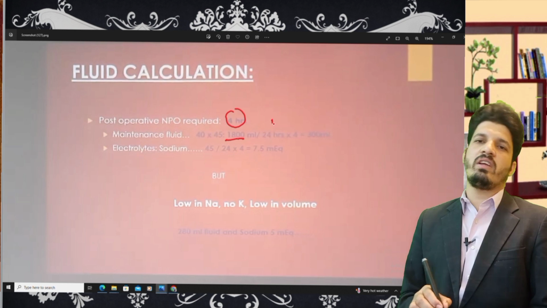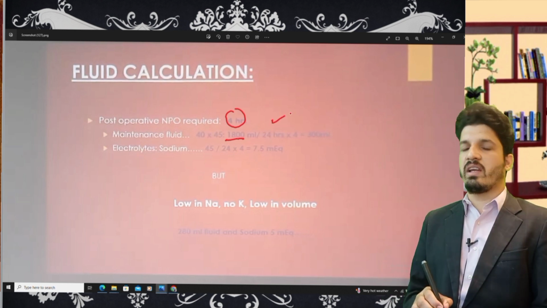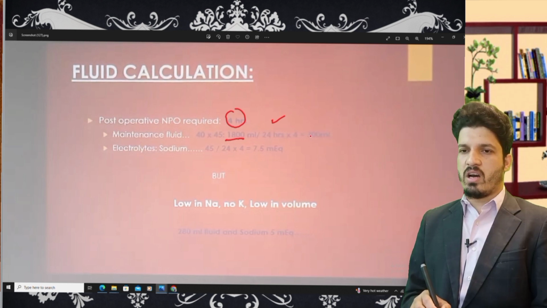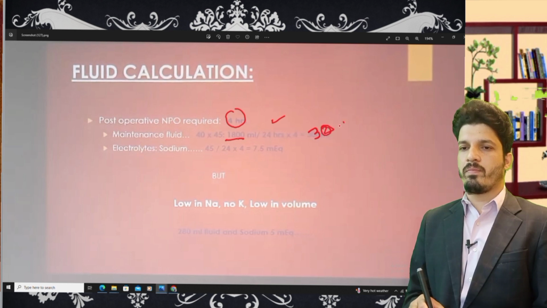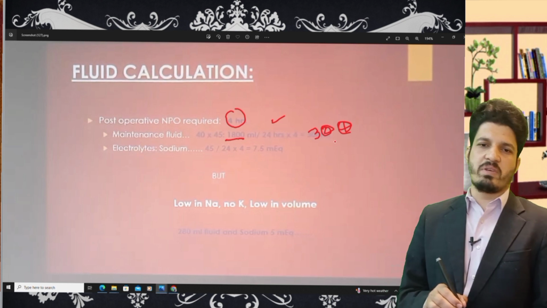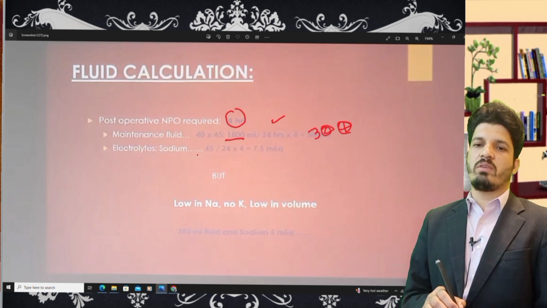As we require the fluid for 4 hours, we will multiply that value again by 4, and it will come to almost 300 ml. So the post-operative fluid will be 300 ml in this patient in 4 hours, and the electrolyte sodium,